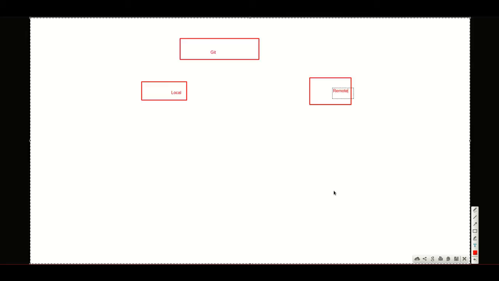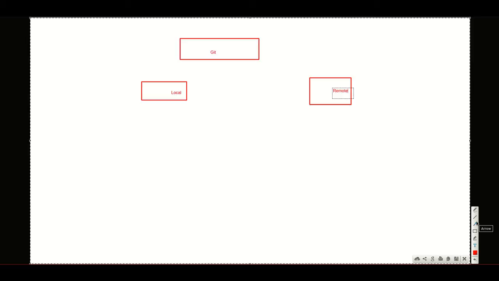That remote has a name, and Git works with branches. I think you know the branch concept. First you create your own branch, then you merge it with another branch.